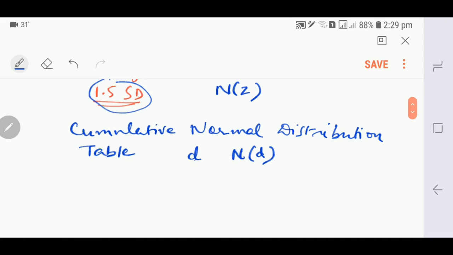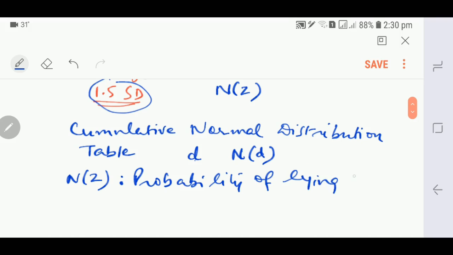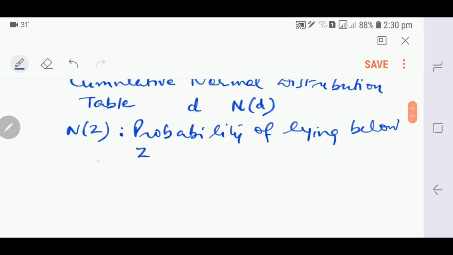What N of D or N of Z tells us is the probability of students lying below Z. Whether I write D or Z doesn't really matter, but because we are using Z for now, let's just talk in terms of Z and N of Z. So what N of Z is telling us is the probability of lying below Z. Now in our case, because the Z value is equal to 1.5, when we look up N of Z from the table, it will tell us the probability